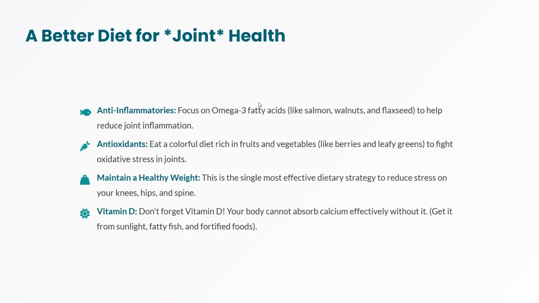Now coming to the most important point of discussion today, osteoarthritis. To keep your joint health good, what should be the major criteria when it comes to your diet? First important point is your anti-inflammatory foods. When I say anti-inflammatory, foods rich in omega-3 fatty acids can help you reduce the joint inflammation. From the fishes, we have the salmon fish.